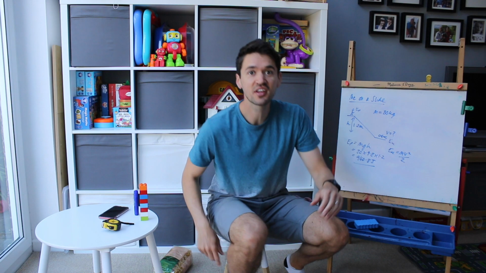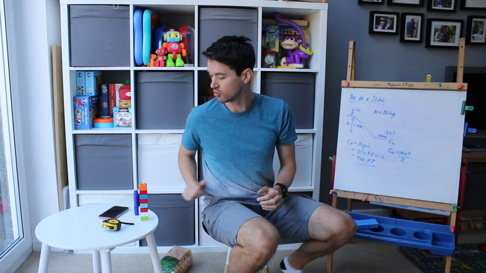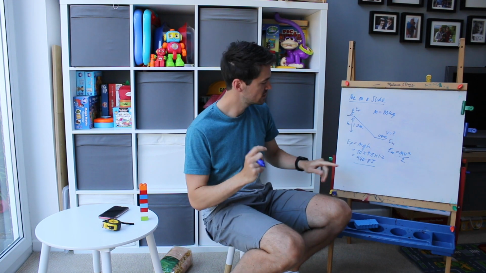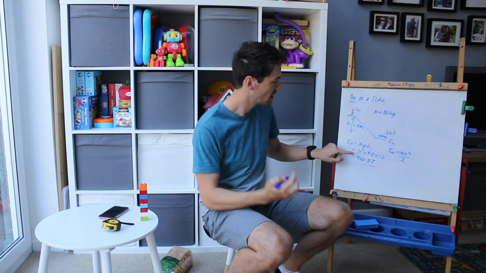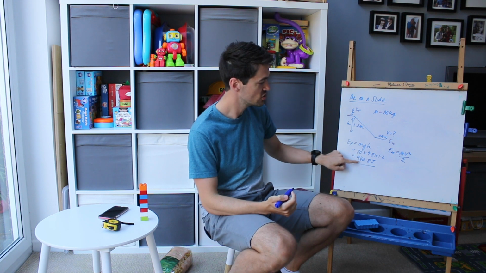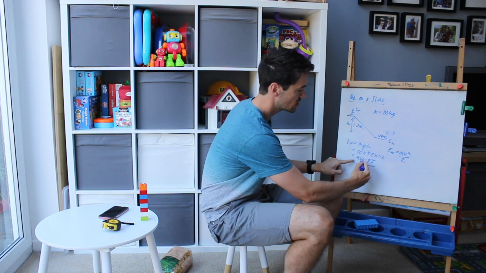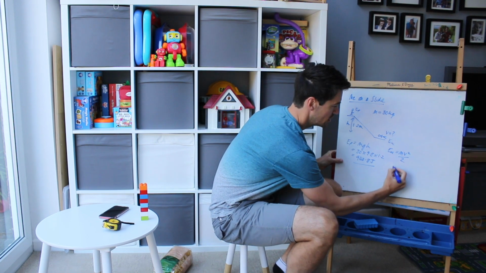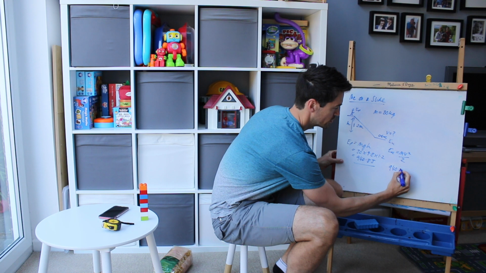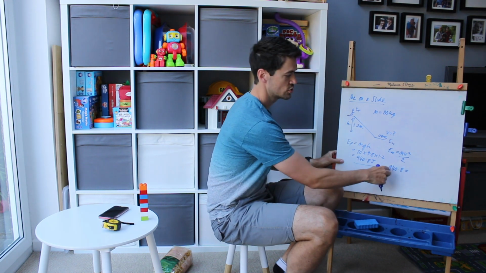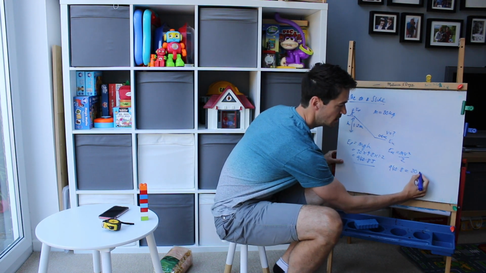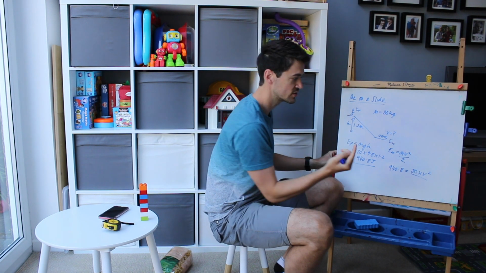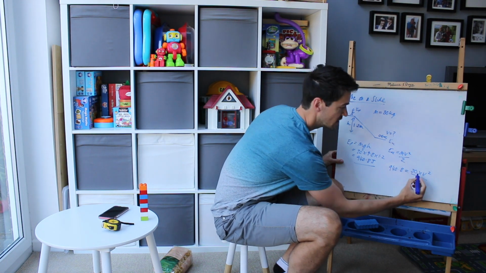Right, let's have a look at calculating how fast I actually flew off that slide just using physics and maths. We're going to say that at the top of the slide I had this much energy in my gravitational potential store. That's going to transfer into the kinetic store by the time I get to the bottom. So in this equation here I can put 940.8 equals my mass, which is 80, times v squared, so that's what we don't know, trying to work out the velocity I hit the end of the slide with,